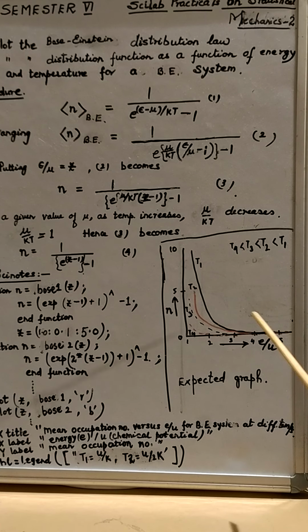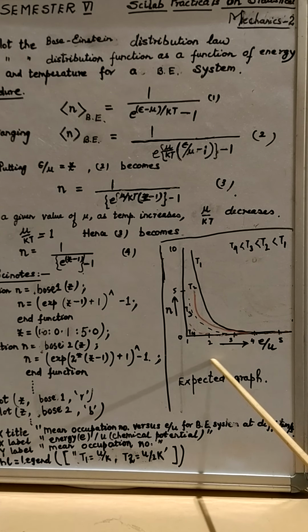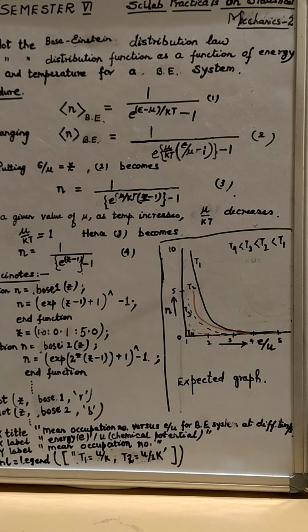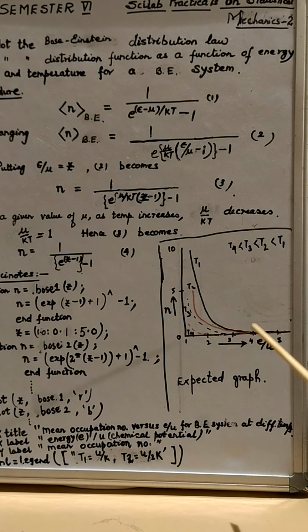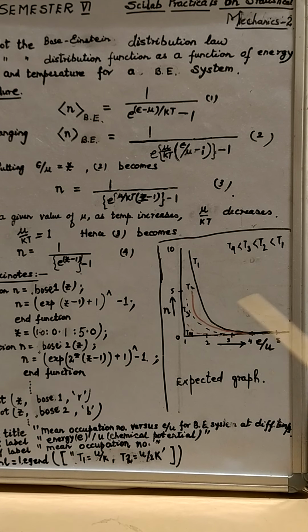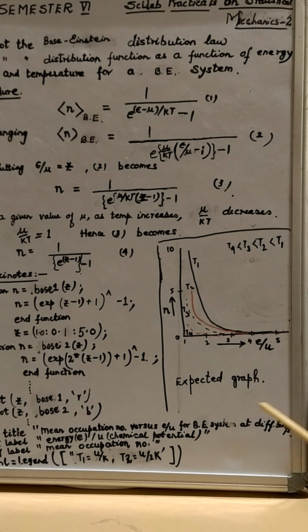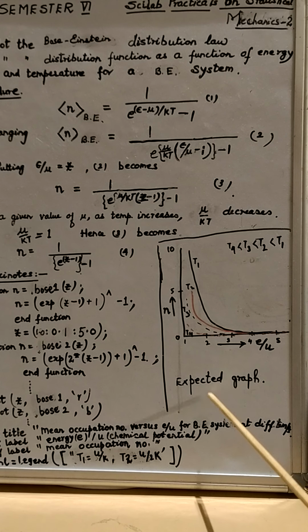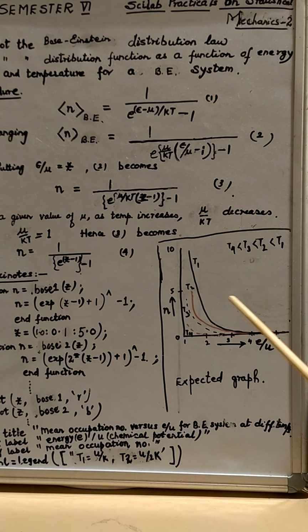In fact, there is a very special case for bosons: when the temperature tends to absolute zero, all the particles, all the bosons, collapse to the lowermost or the zeroth energy state, giving rise to a phenomenon called the Bose-Einstein condensation. This is something very special, and a lot of work has been done on it recently. In fact, 2 years ago, a Nobel Prize was given for work done in this sphere.